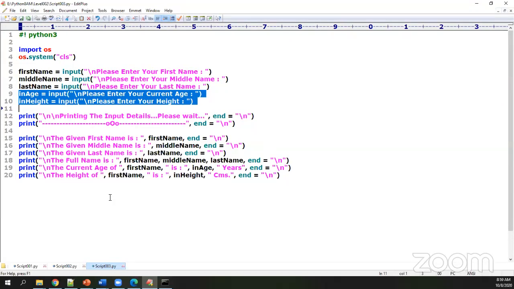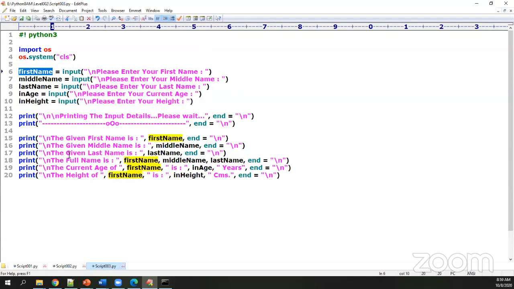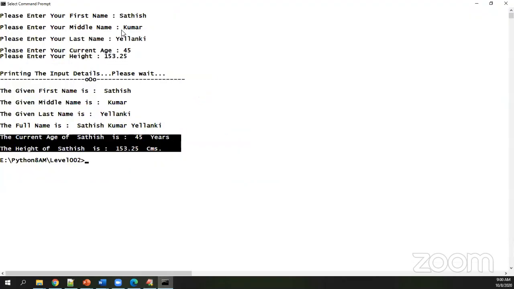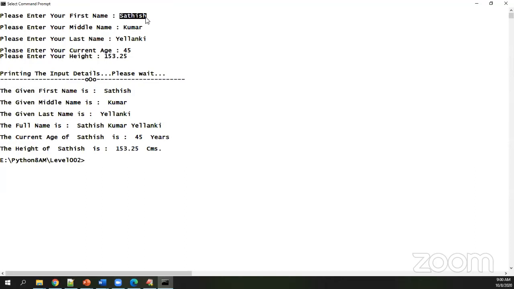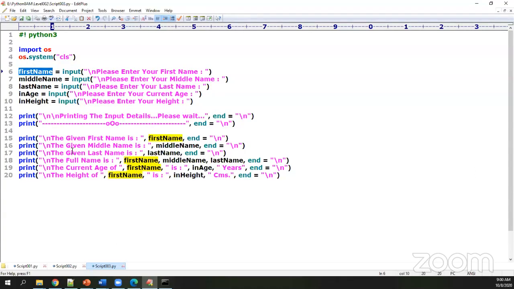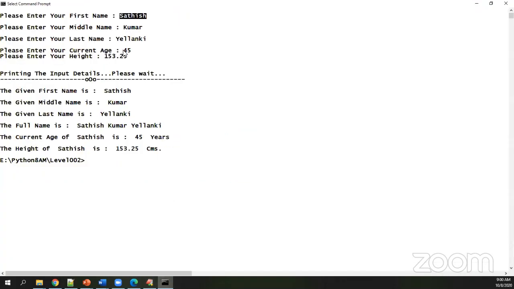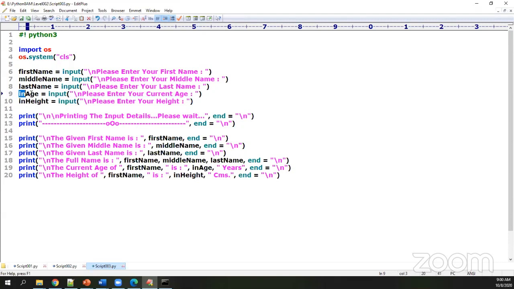But one thing is very clear. In Python, we don't declare a data type. Whatever value we give, taking that value, it decides the data type of this particular variable. If we don't even give any data type, but if we give numbers, for you it is a number, but input is converting that into a string only.